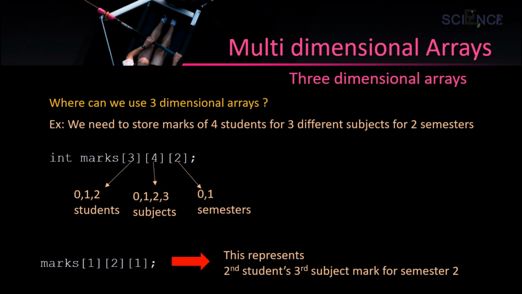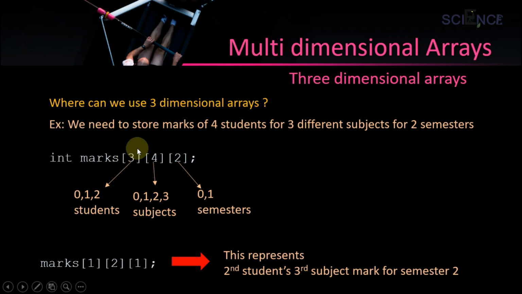So there will be 48 cases that I need to store, right? So what should I use? I should use a 3-dimensional array, and here I have created a 3-dimensional array,